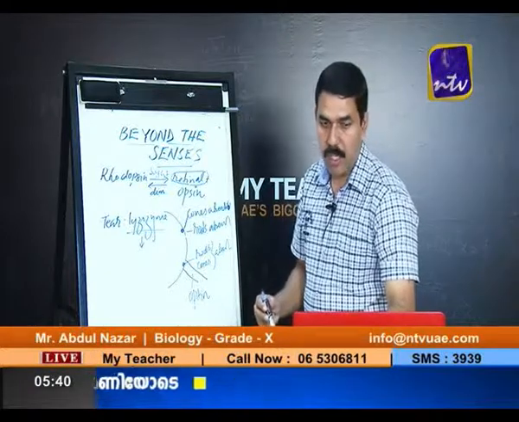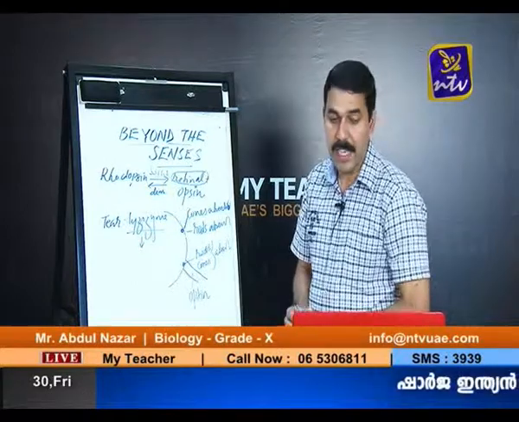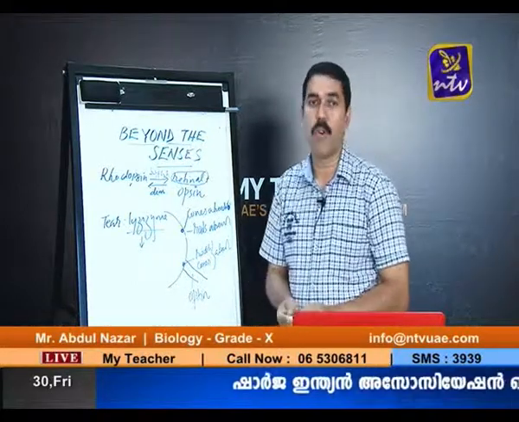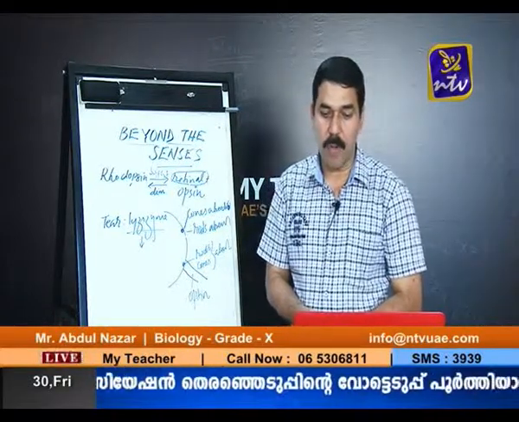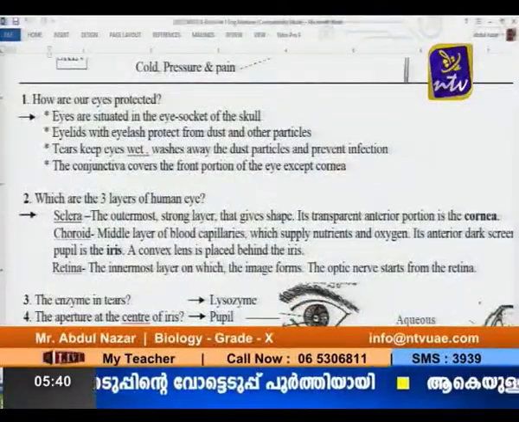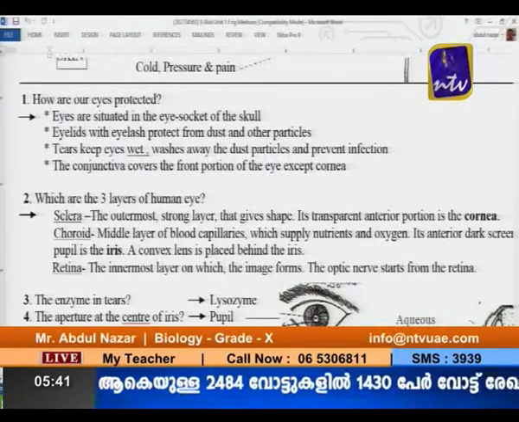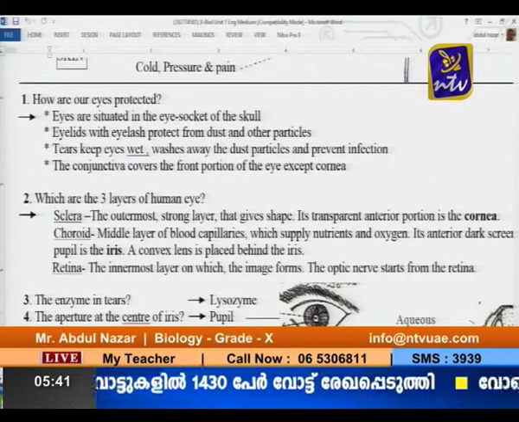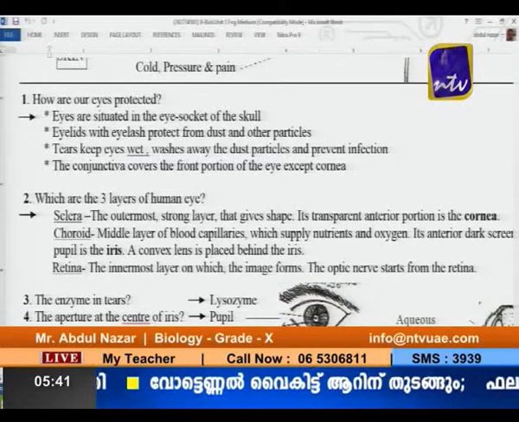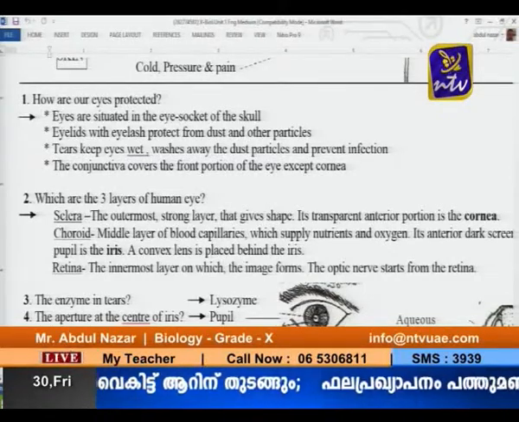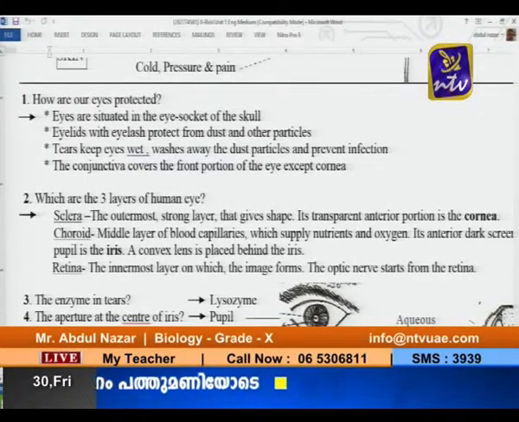Then the eyeball is a hollow sphere consisting of three layers. The outer layer is called the sclera. You can see on the screen, it gives shape to the eyeball, and the transparent front part of the sclera is called the cornea. Cornea helps in focusing the light rays. The second layer, the middle layer, is a thin black membrane that supplies nutrients and oxygen to the cells surrounding it. And just in the anterior part, the choroid becomes a